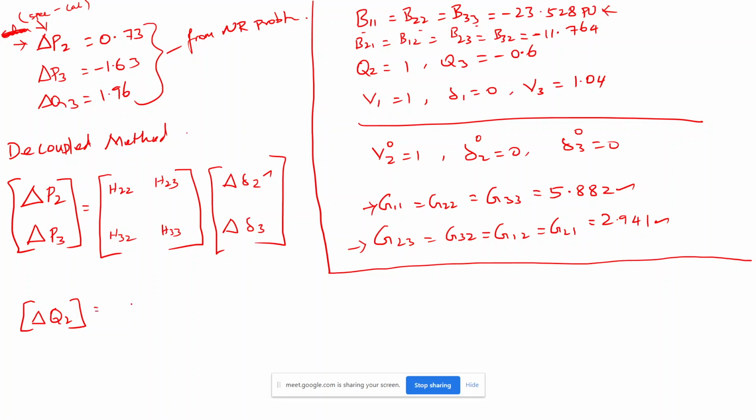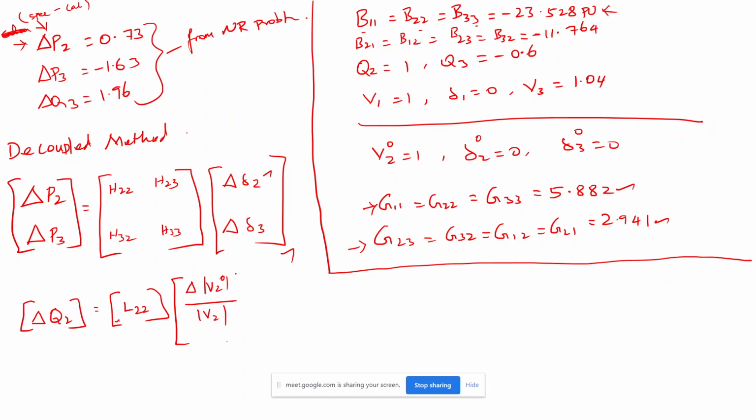Same like this, if you see, the formula is a little bit different, because I will get only one element in this question, so I will get L22 only. Otherwise, I would also get a big matrix for this L22. But because of the question we have only one L, so I will get only one here. And then this is to find out the voltage, that is nothing but del V2 we need to find out with respect to the volt value. This is 0th, and this is the volt value, this is 0. So this is the equation.